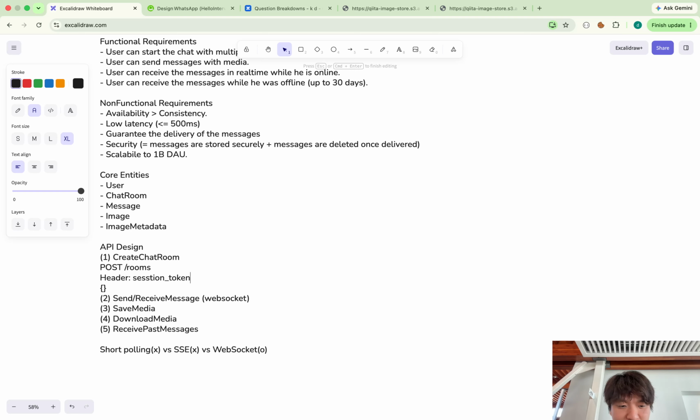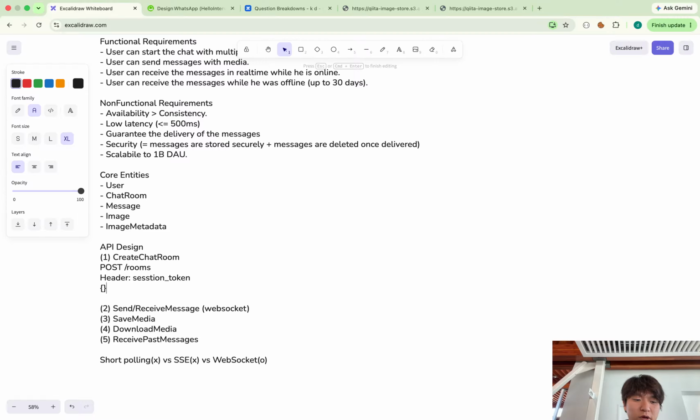Now our server side can know which user is making the request from this session, and we need the user IDs of those who are invited to the chat room. Then we return 204 or maybe 200 with the chat ID, and now the client can display the chat room in the front end.